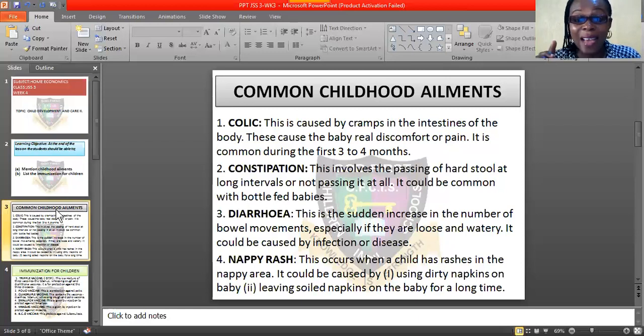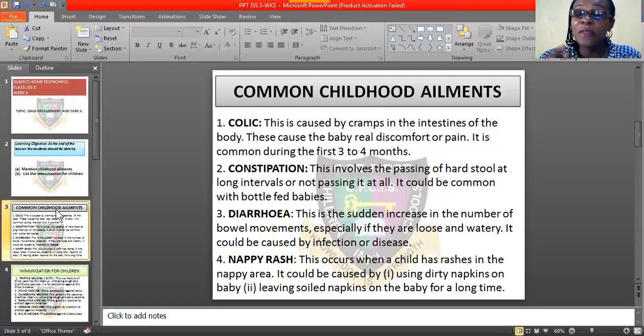Now, another one is diarrhea. This one, whether we like it or not, must come, because it is based on what the mother eats, if you are giving breast milk. The child is bound to have diarrhea, because sometimes we mothers like sweet mouth, and when we are eating sweet things, it is not always good for the newborn baby when they are sucking it from the breast.